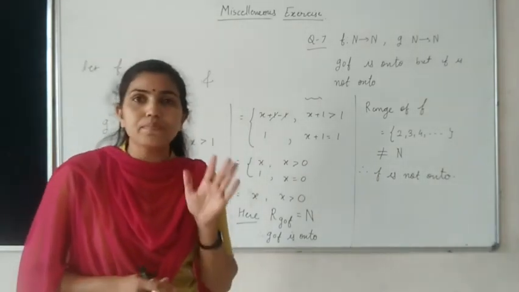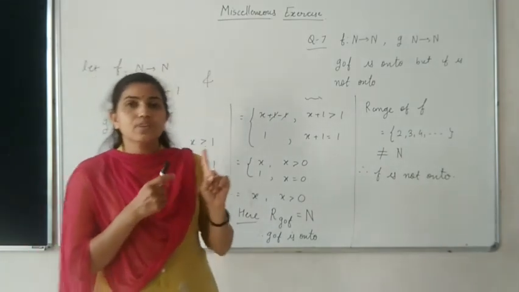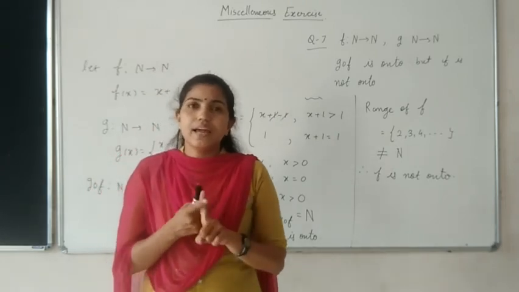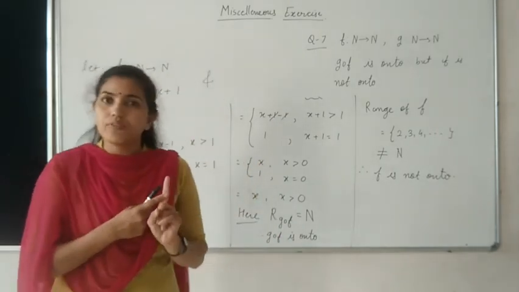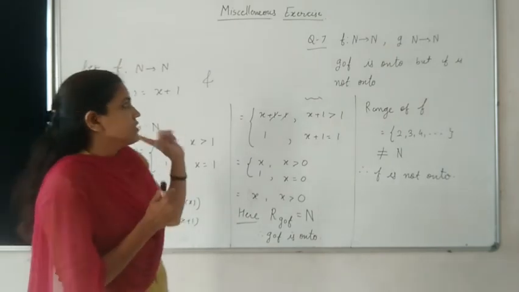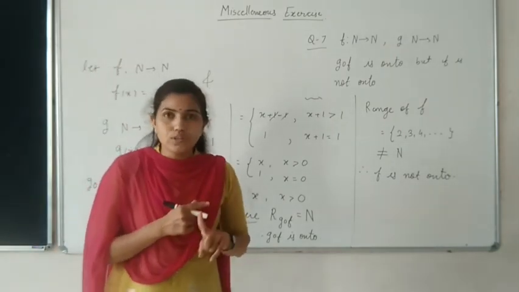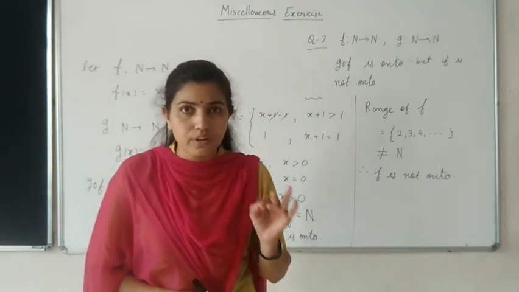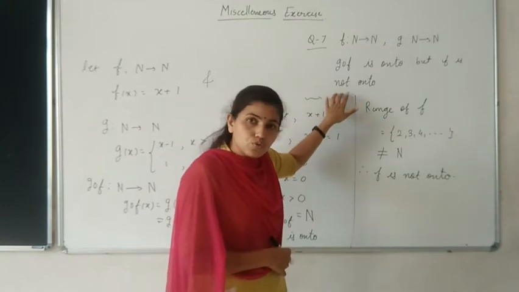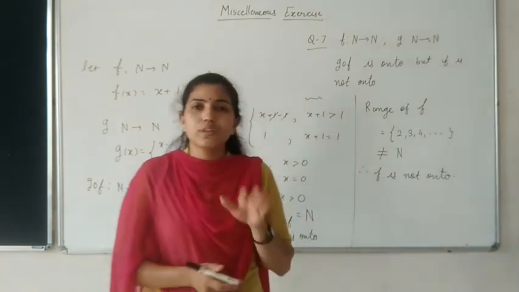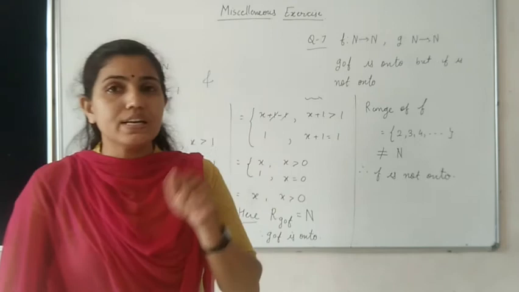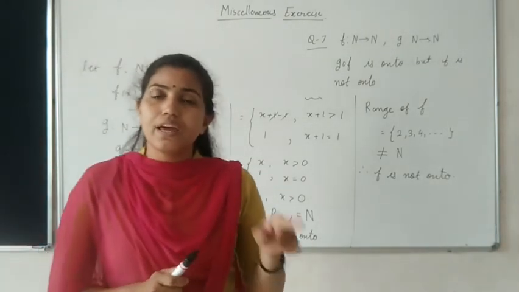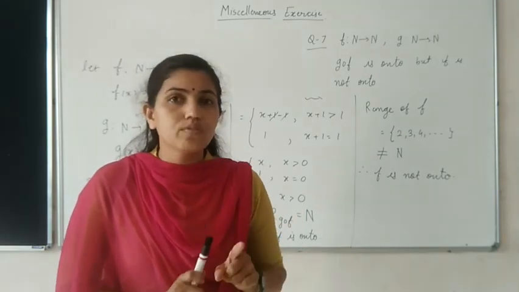So here is the example of the functions f and g, where the composition is onto but f is not onto. Students, keep in mind this remark: first, if the composition g∘f is 1-1, then g may not be 1-1. If g∘f is onto, then f may not be onto. Here I am using the words "may not", meaning it can be onto too. In a few cases you can find an example where the composition is onto, then g and f are both onto, and if the composition is 1-1, then f and g are both 1-1.